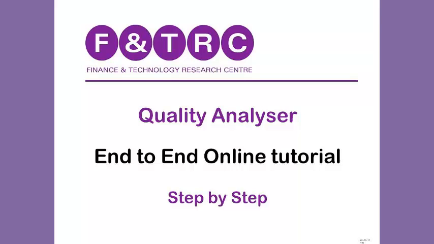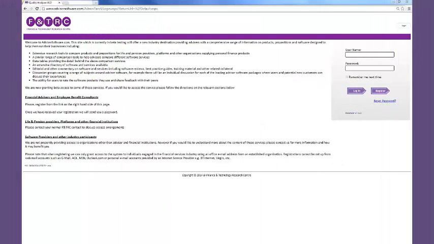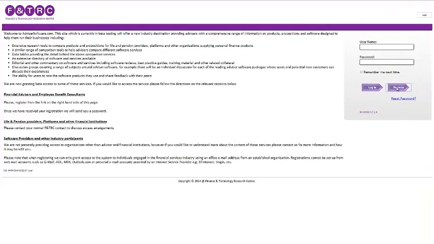Quality Analyzer is being provided free of charge to advisors and employers. If you fall into this category and have not yet registered for the service, you can go to www.advisorsoftware.com and complete a simple registration form. Your access will then be granted and confirmation of your password will be sent through to you via a secure